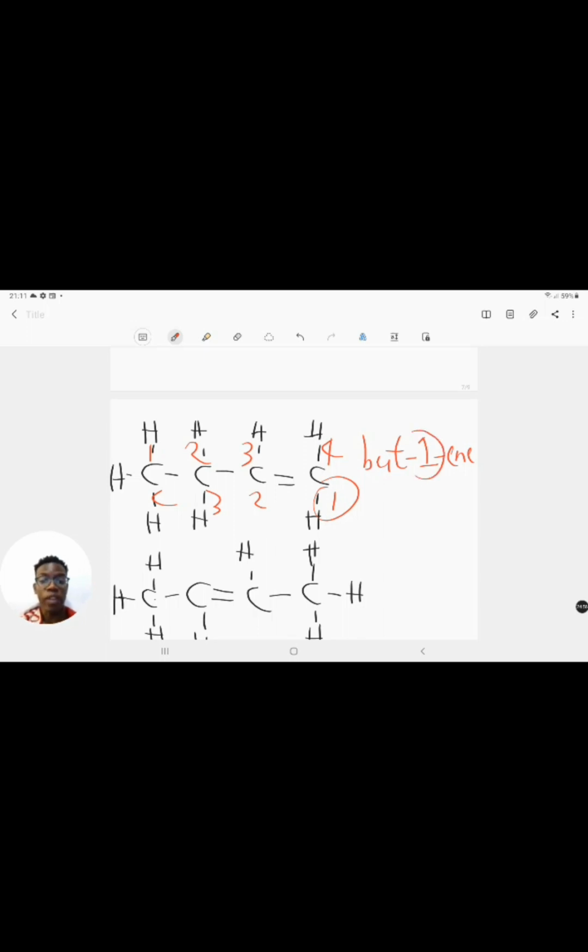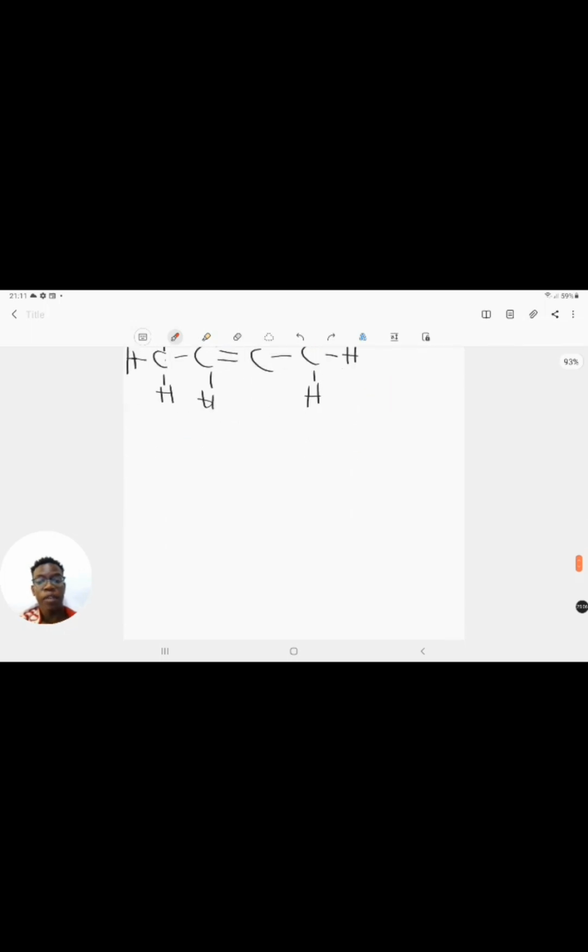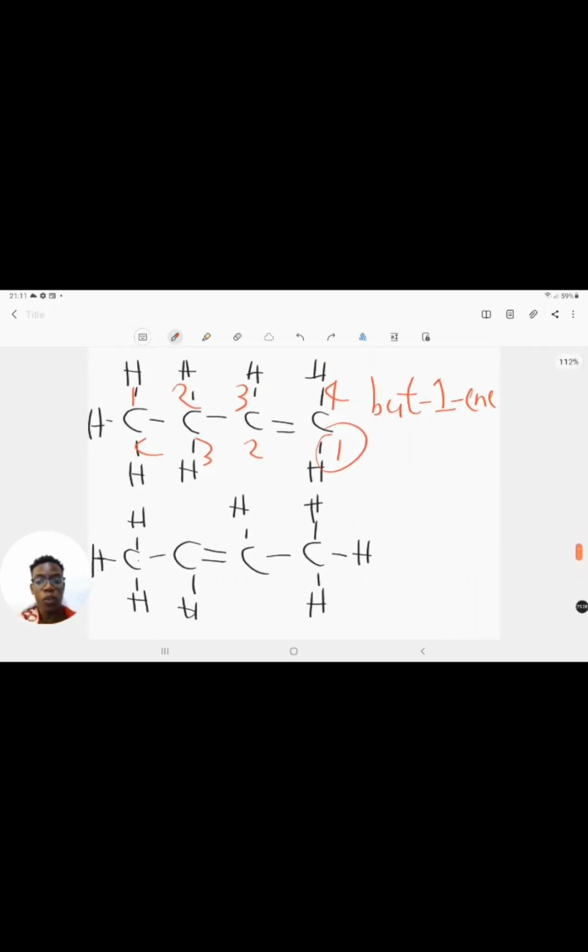Okay, with the number of the carbon atom that has the double bond next to it. Okay, so that's how you name this compound. So how do you do that with this one, the second one here at the bottom? Well, you do the same thing. You number from left to right and right to left, right? And the smallest number closest to the bond is the number that you're going to use for your compound naming,